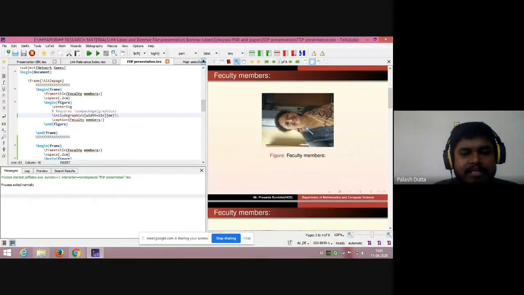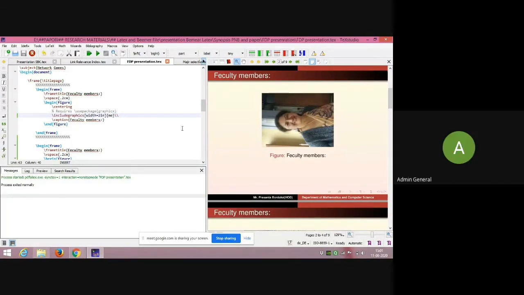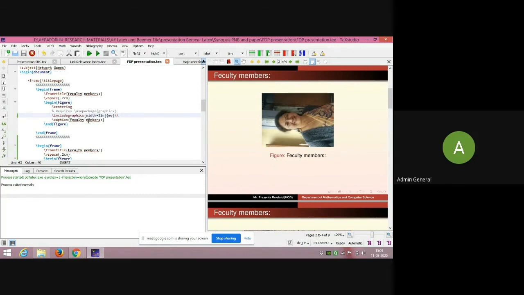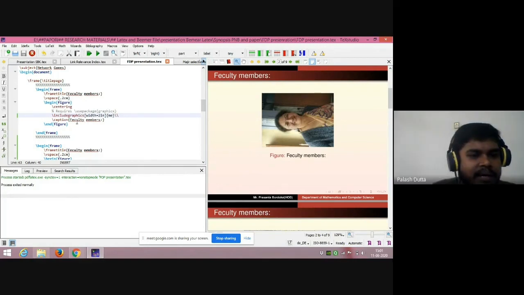Or I'll check further if there is any command using angle of rotation or not. I think it will rotate the figure. Yeah, we can rotate, right, using angle. Within this frame, include after your width equal to 2 inch, comma, angle equal to